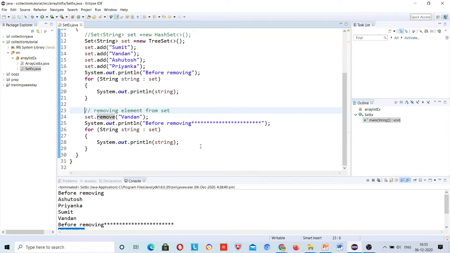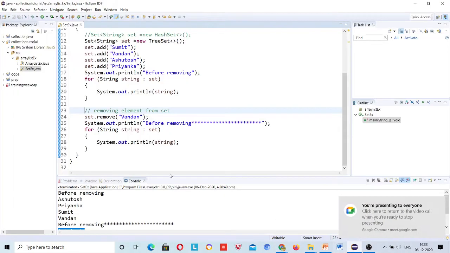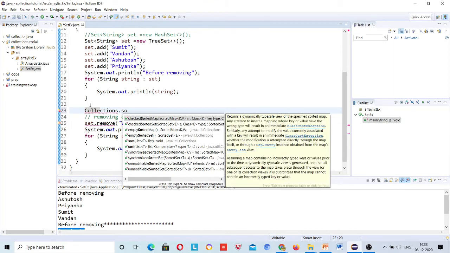But manually, if you want to provide your logic, right? If I write Collections.sort, so suppose here I will give collections dot sort, spelling mistakes, okay, import.